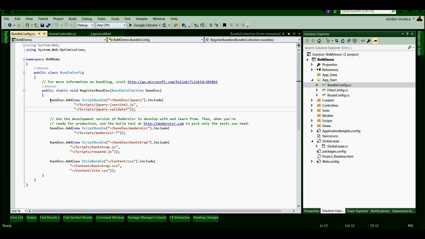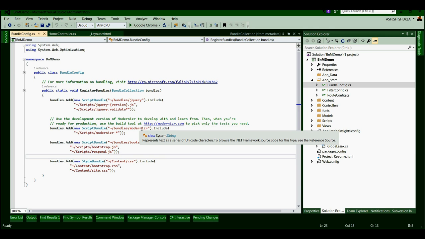Here I have created one bundle for jQuery, one bundle for Modernizr, one bundle for Bootstrap, and one bundle for styles, all the styles that I will have in my project. It completely depends on your requirements how many bundles you may need and how many files you are going to put in each and every bundle.